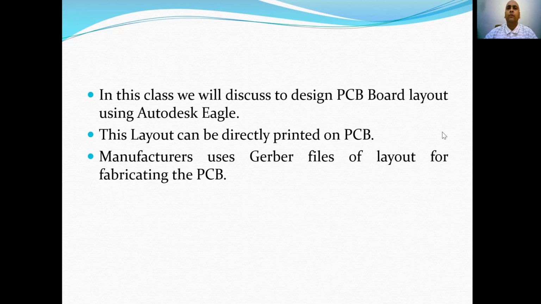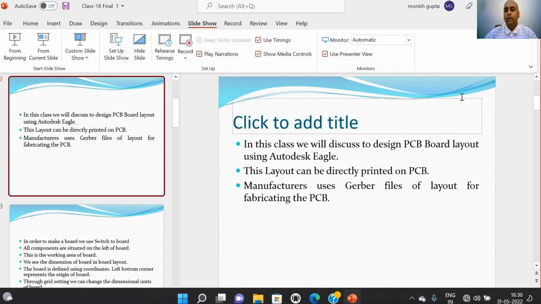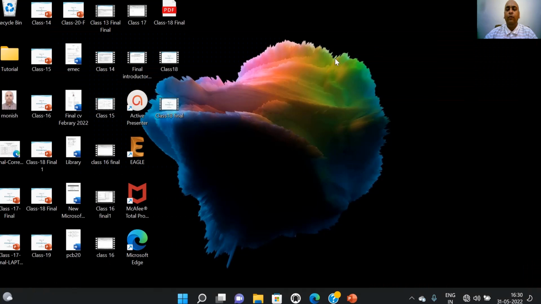In this class, we will generate the board layout of the regulated power supply from the schematic diagram that we plotted in class 17. So in order to plot the board layout of the regulated power supply, we are making use of the schematic diagram of the regulated power supply.